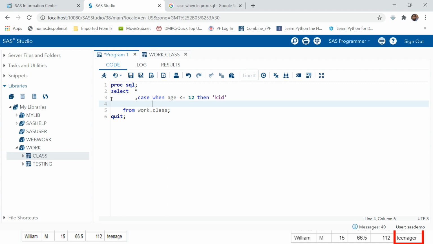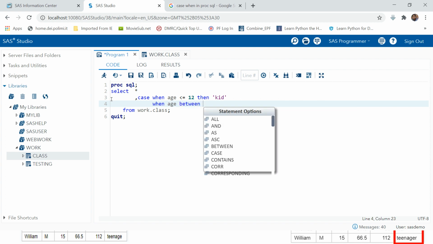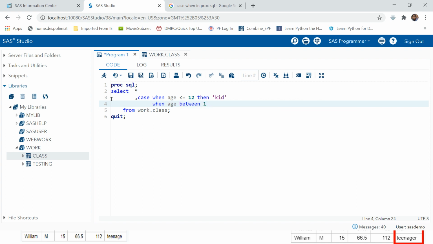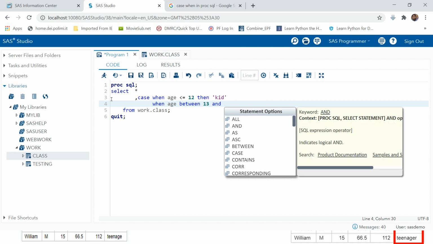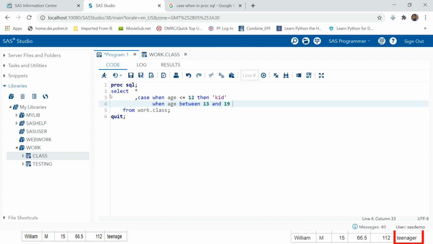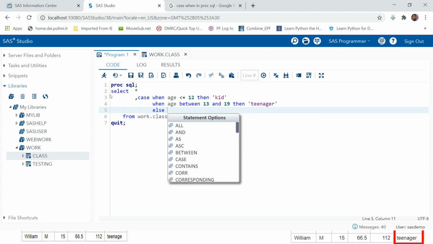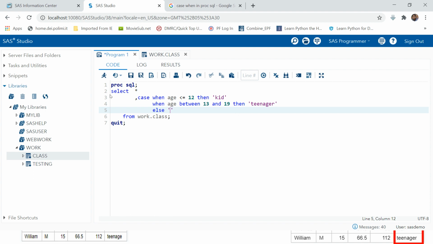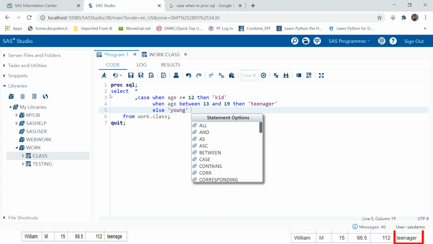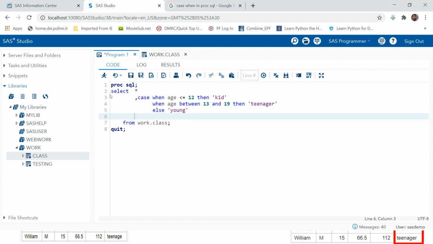The second when statement is between 13 and 19, then it's teenager. Else, whatever is left, we want to mark as young. End this as we did in the previous example.